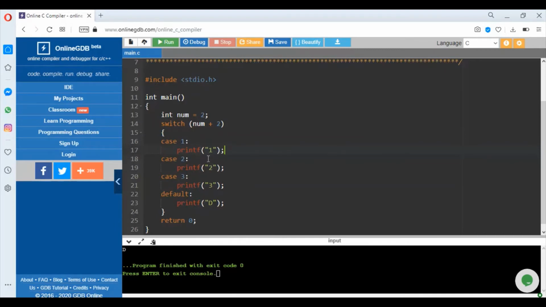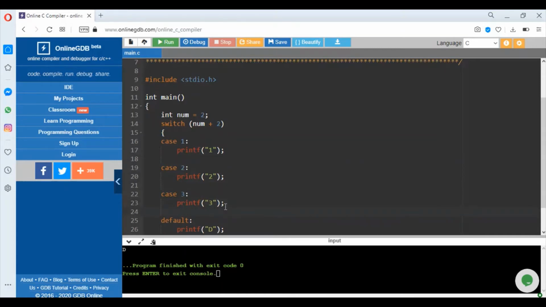So what we can do, we can do something that will allow us to exit from this switch case after printing this statement, right? Same would be the case with case 2, and same would be the case with case 3.